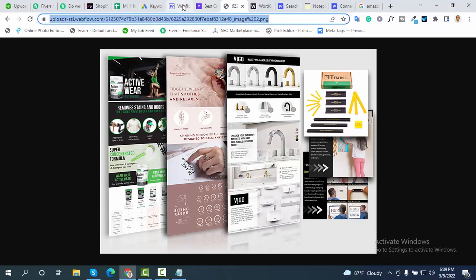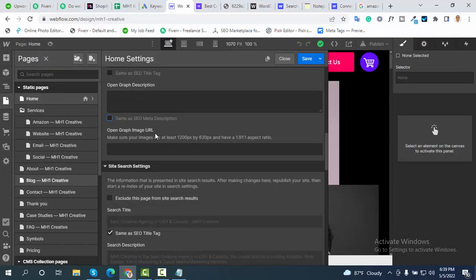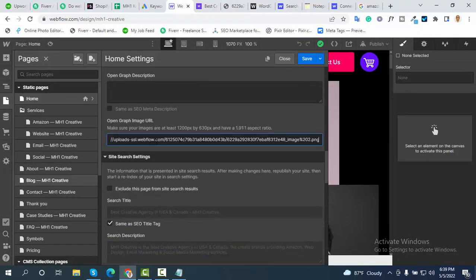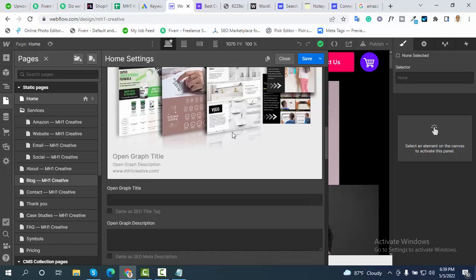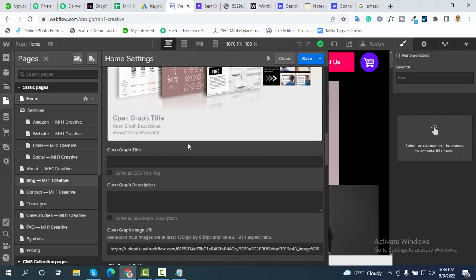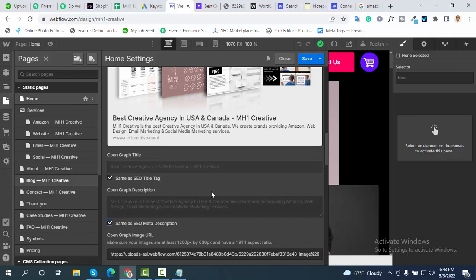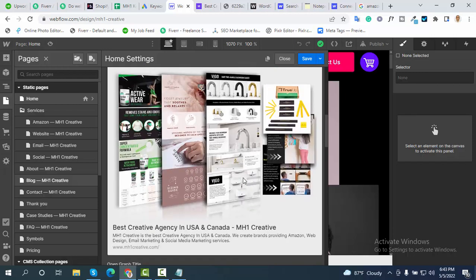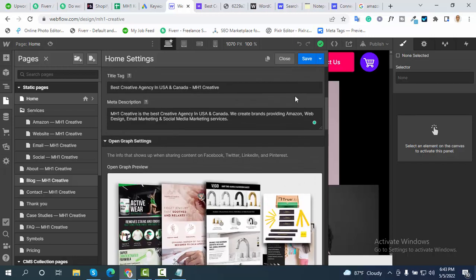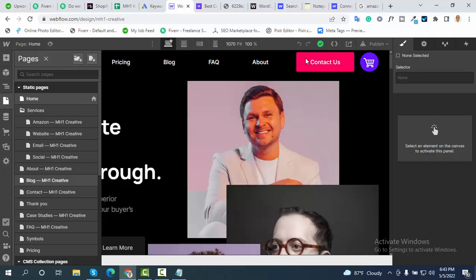I just copied the URL and I will add the open graph image here. So here you can see, I would like to show my metadata on my open graph image. For this I just need to put a tick mark on same as meta title, and here also same as meta description. After adding that you just have to click on save, and then the